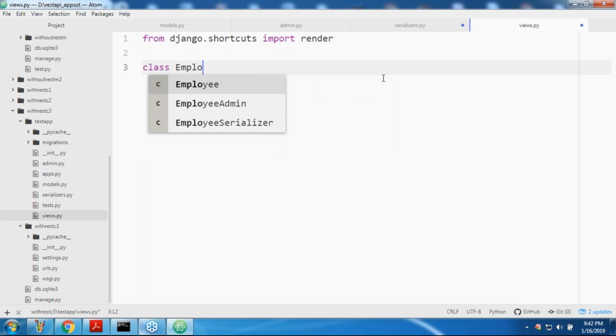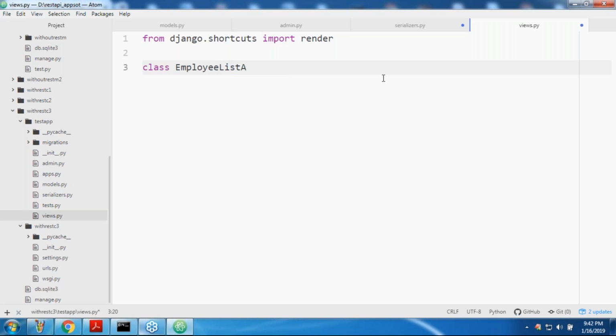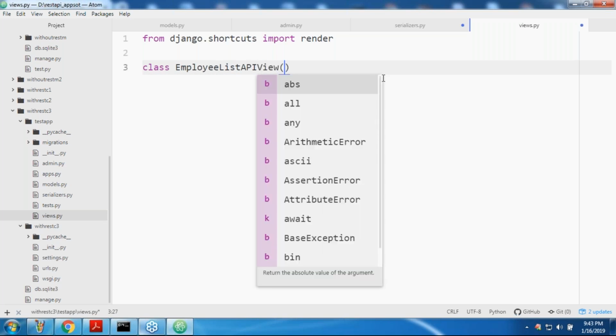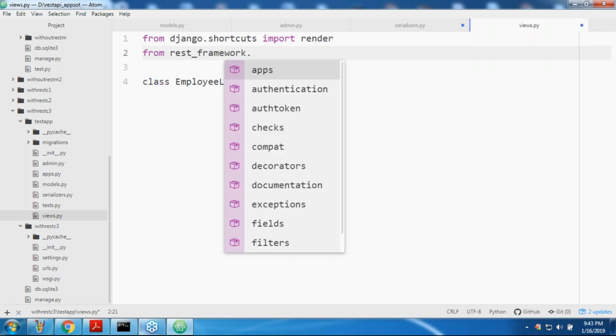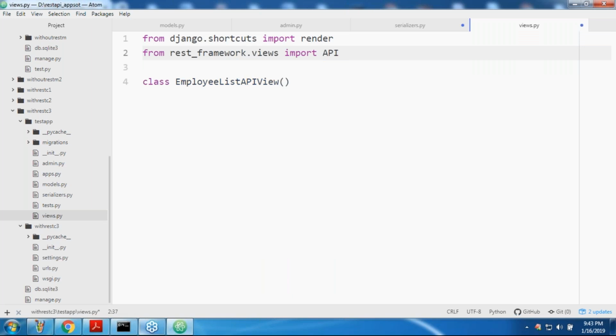It is the child class of APIView, sir. So if you want to use APIView, first import that. From rest_framework.views import APIView. Okay, it is the child class of APIView, sir.